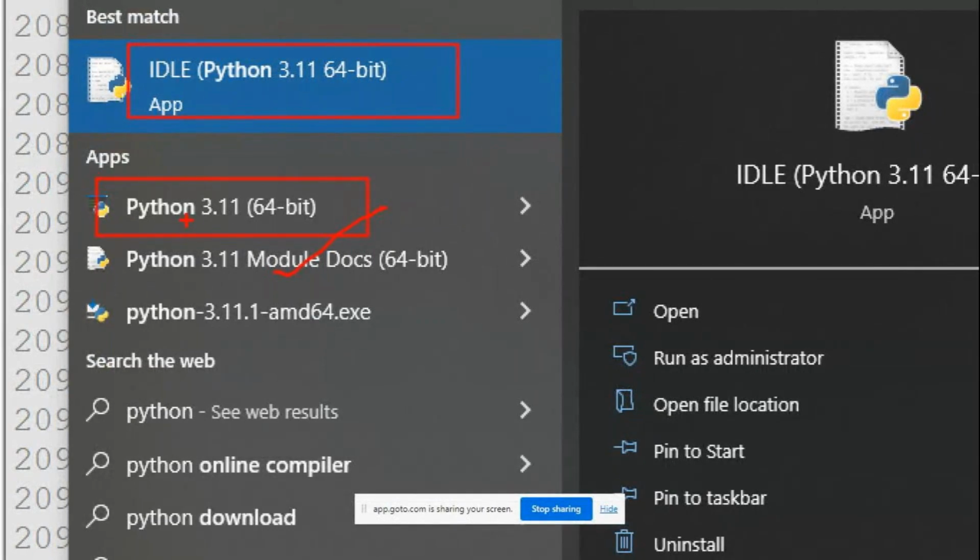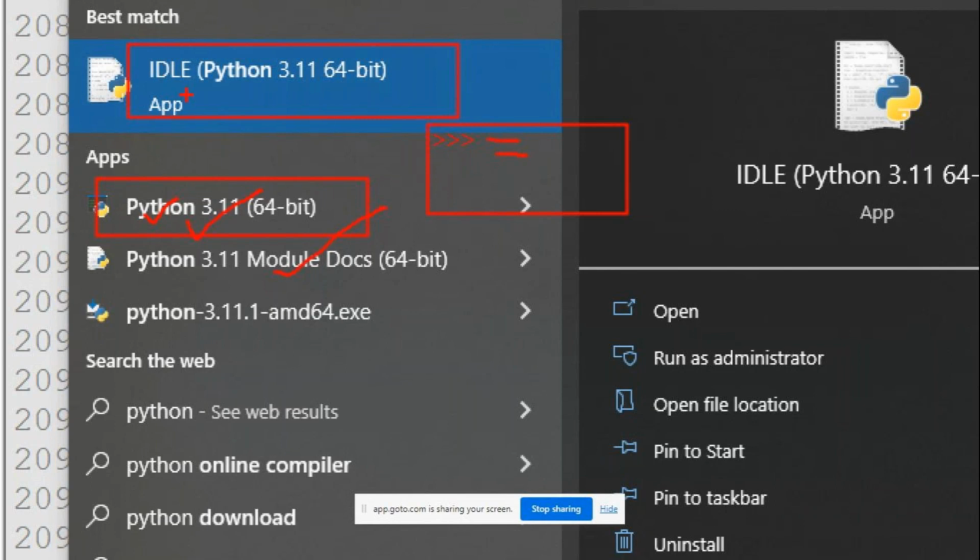This is the black screen, guys. If you click this one, you get a window like a command prompt. In that window you get the Python path. This is the Python prompt, with the triple greater than sign. Here you can execute your Python code.